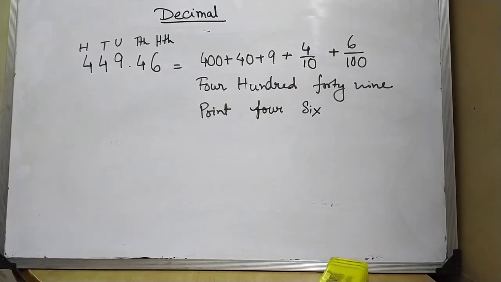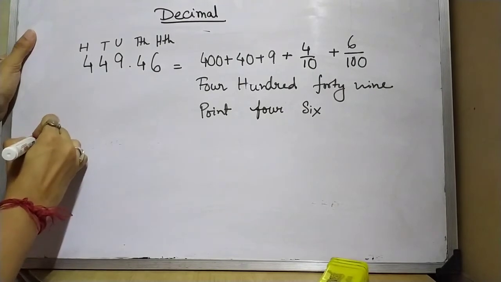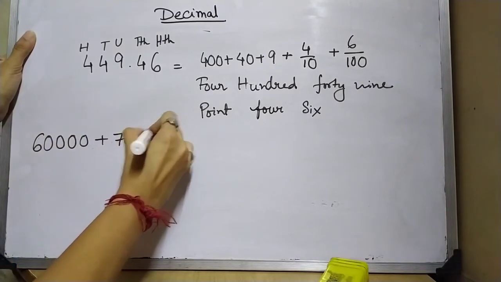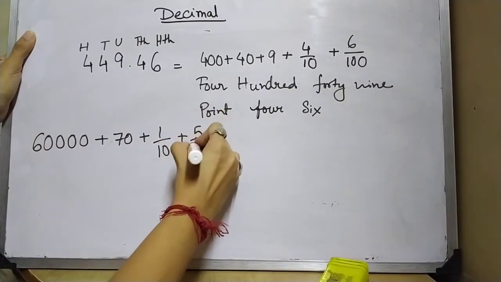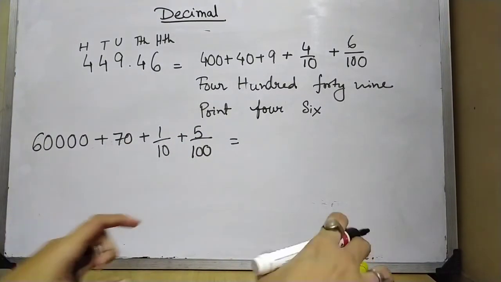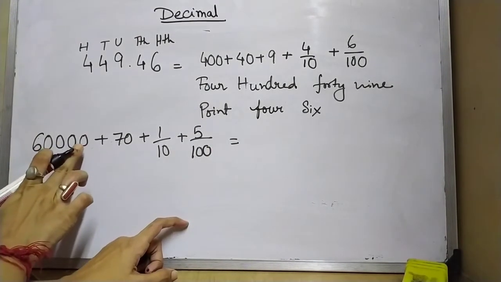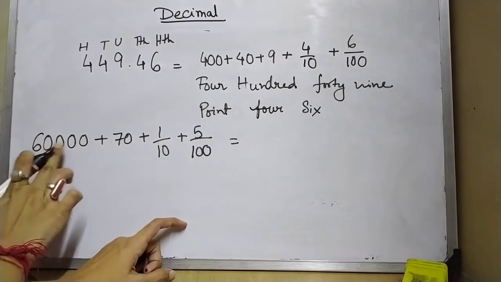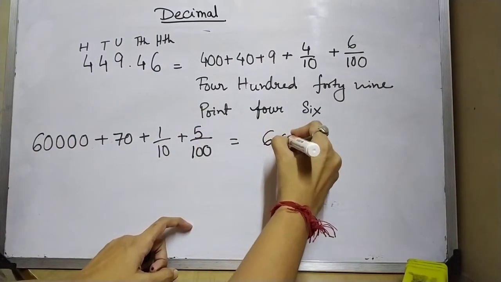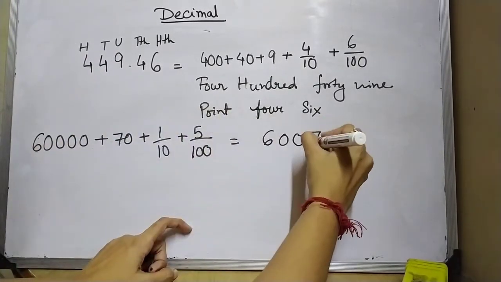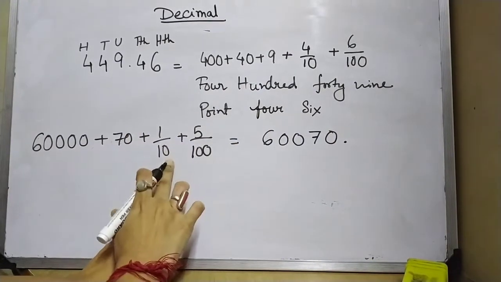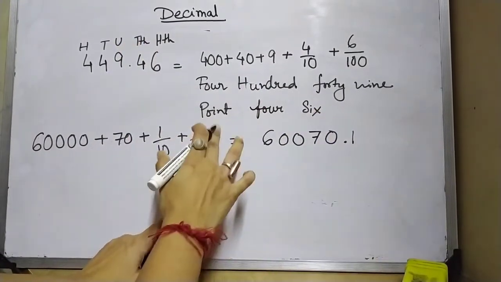Okay, next one I am taking. Here the same thing is given, but the number is given like this. So I need to form that number, then I can write the number in decimal. So what am I going to do? We know that it is units, tens, hundreds, thousands, ten-thousands. So it is in the ten-thousands place. So 6, then 0, 0, then 70. There is no ones or anything like that. So we will put the decimal, and in the tenths place it is 1, in the hundredths place it is 5.